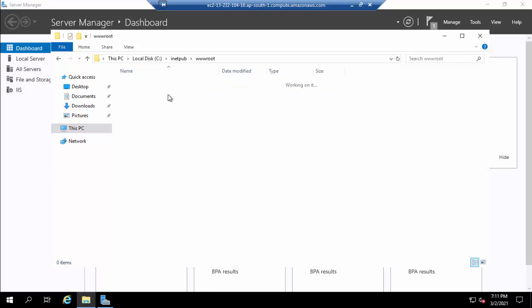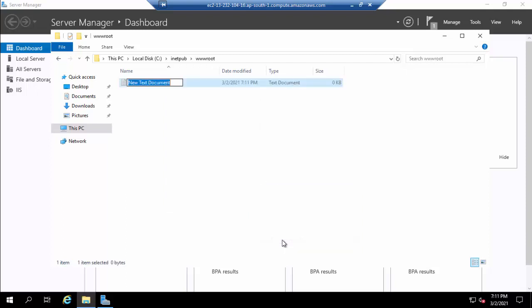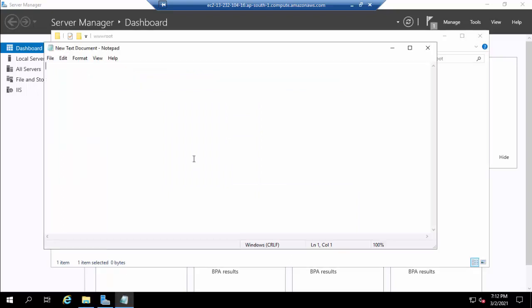Then you have to create another text document. For that you have to right-click the mouse and then click on text document. In this text document you have to write, for example, server 1 and availability zone. Then you have to save this file with the .html extension.